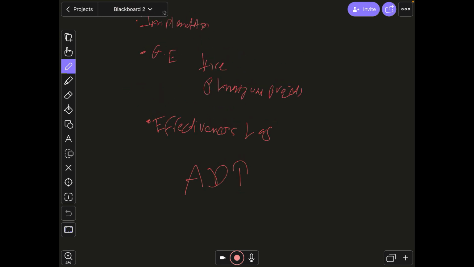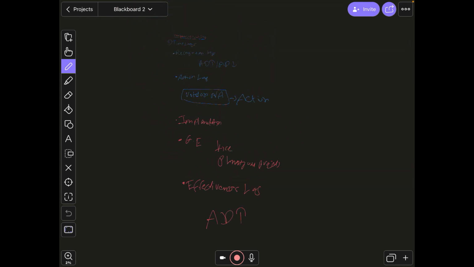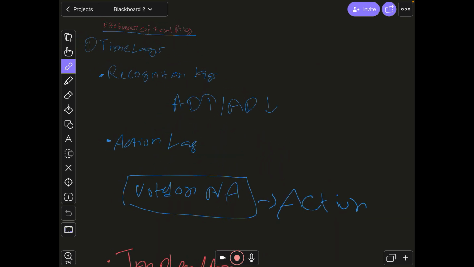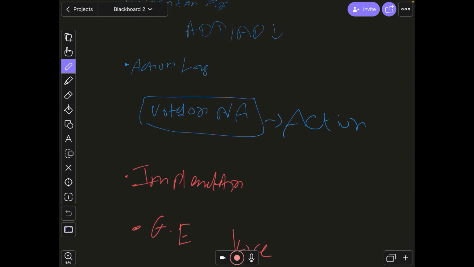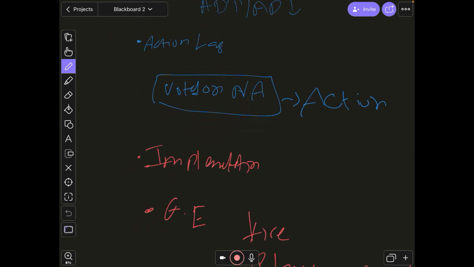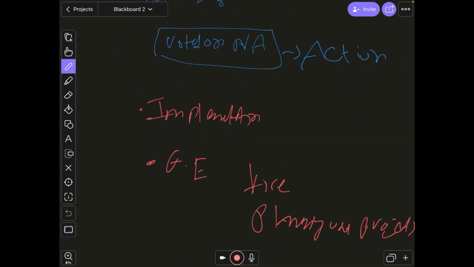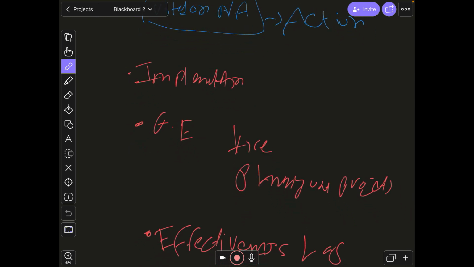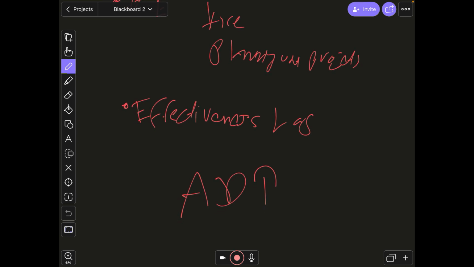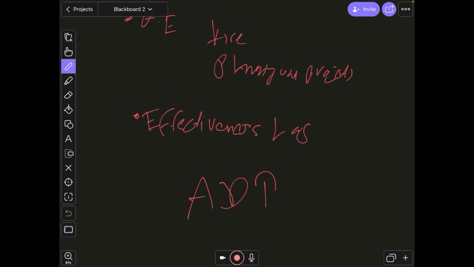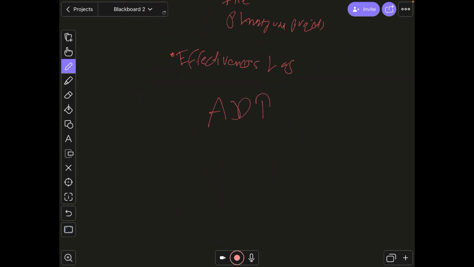So these are the four different time lags which we have to look at. The first one is recognition lag, recognizing the problem. The second is action lag, taking some action according to the problem or to neutralize the problem. And then implementation lag, to implement the change. And then finally effectiveness lag, which means waiting for the implemented change to really have an effect. Moving on,